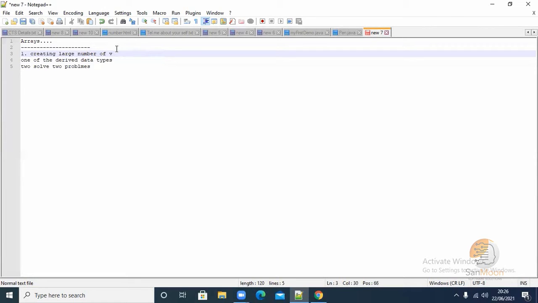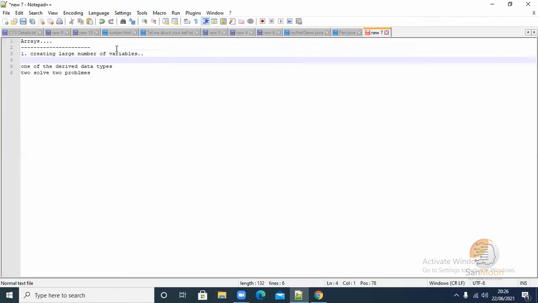Generally if I create an integer variable, I will just write int a or int b, or use comma separated, like int a, b, c. Like this we can create multiple variables.